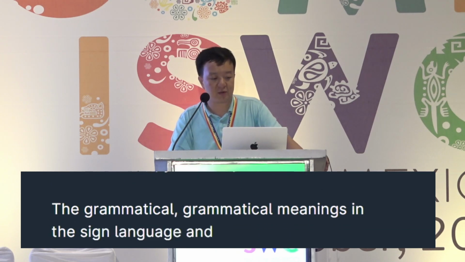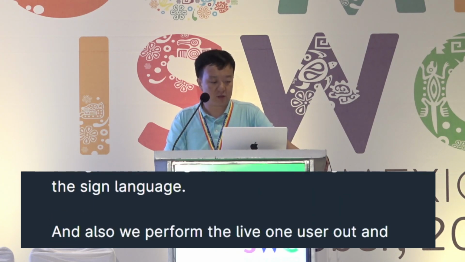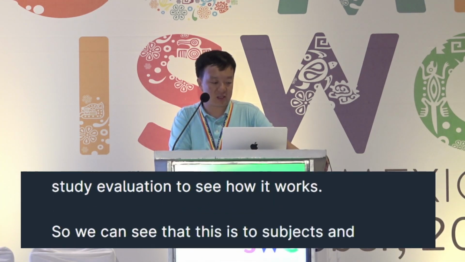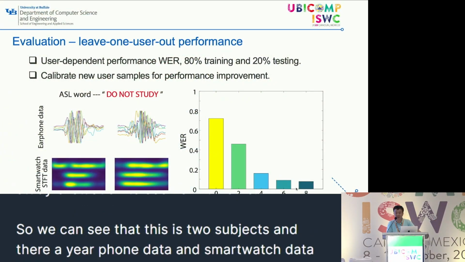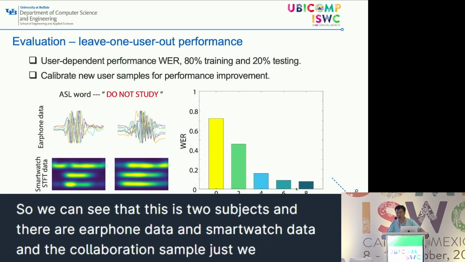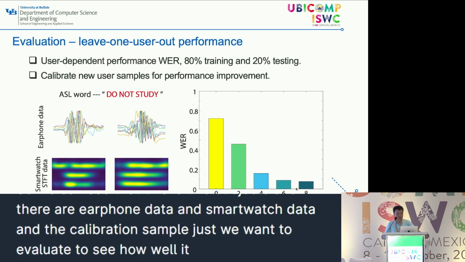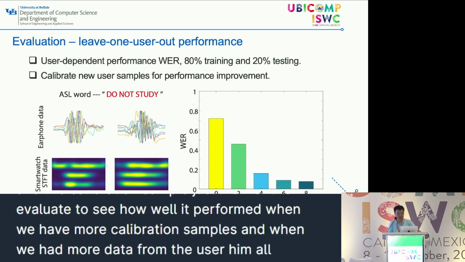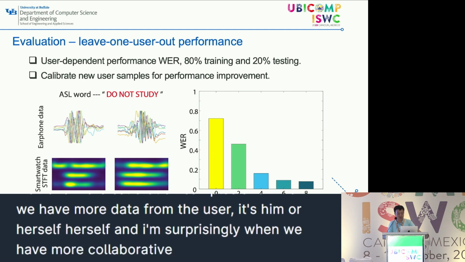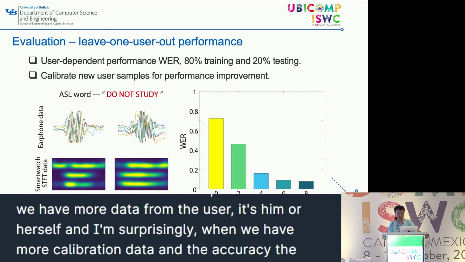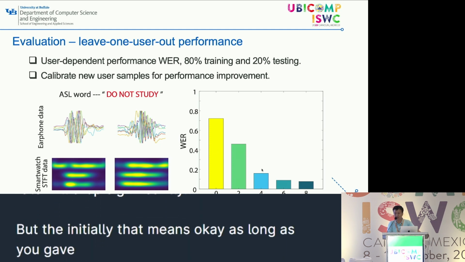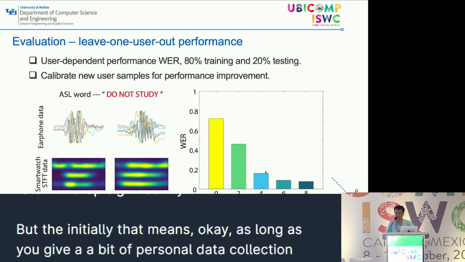And we also performed a leave-one-user-out study evaluation to see how it works. Here we can see 2 subjects, with their earphone data and smartwatch data. For the calibration samples, we want to evaluate how well it performs when we have more data from the user him or herself. Unsurprisingly, when we have more calibration data, the error rate drops significantly. But initially, that means as long as you give a little bit of personal data collection, we can generate a very reasonable